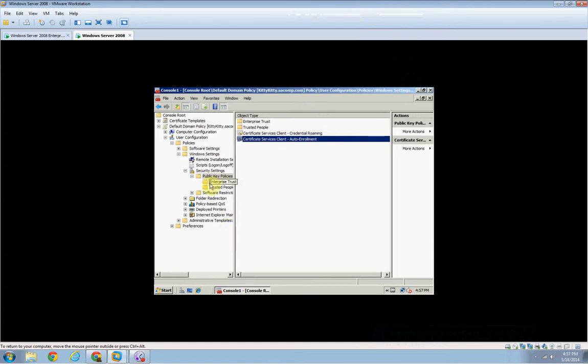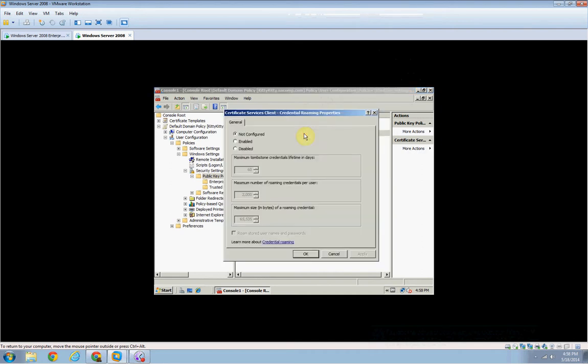which they are. So we're going to double click the public key policies, and that opens up these three: Enterprise Trust, Trusted People, Certificate Services Client, Credential Roaming, and Certificate Services Client, Auto Enrollment. So we want to double click the credential roaming,